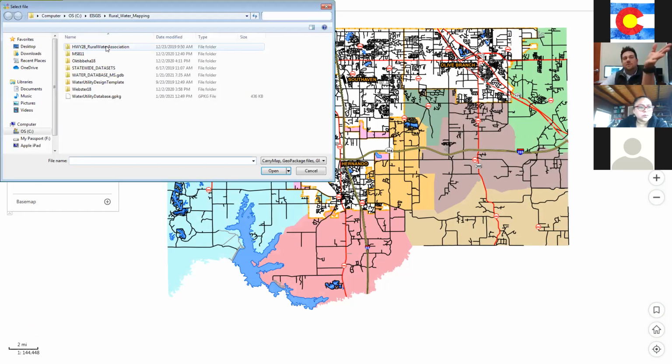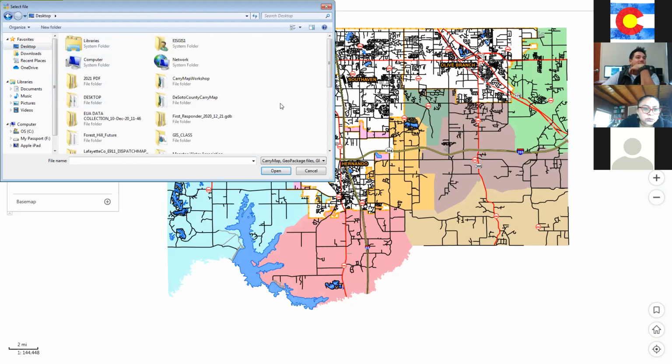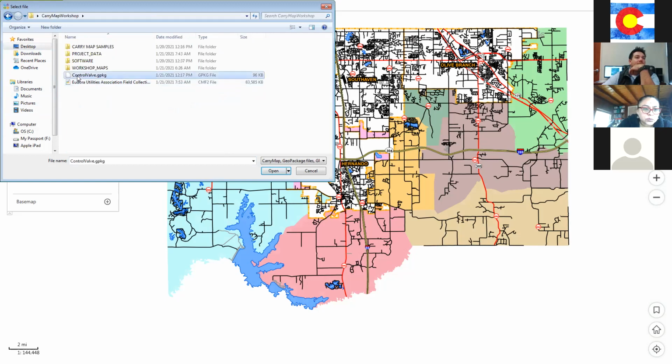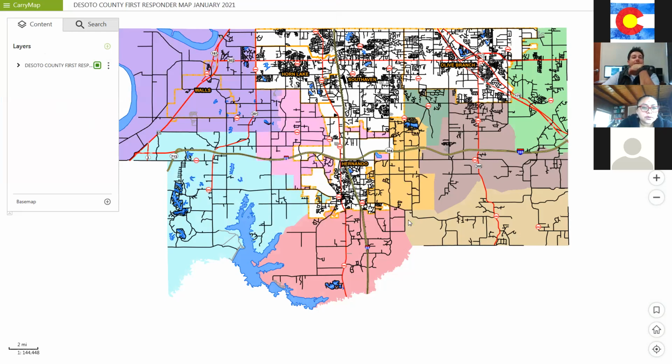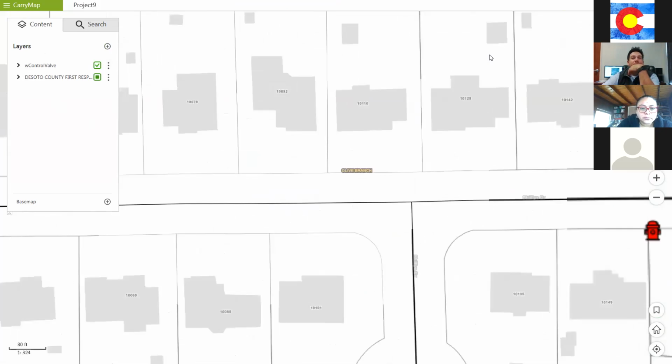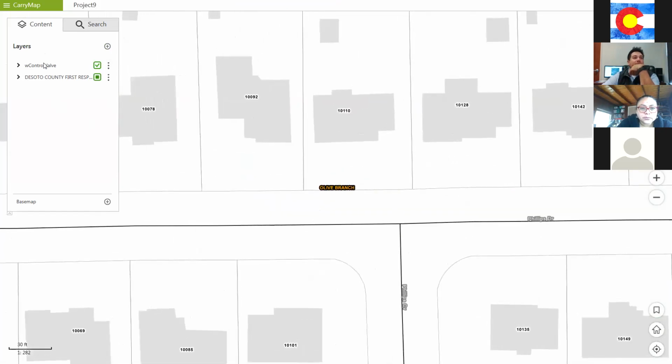So the web version and the actual Windows version are a little different. You can actually select it directly from there when it's on your device. But here I'd have to go in, like here it is. Let's go to desktop, workshop, and here's my control valve. Open. Yes, I'm going to add my control valve into my map, and then I'm going to zoom in, and I want to put a valve here. Add